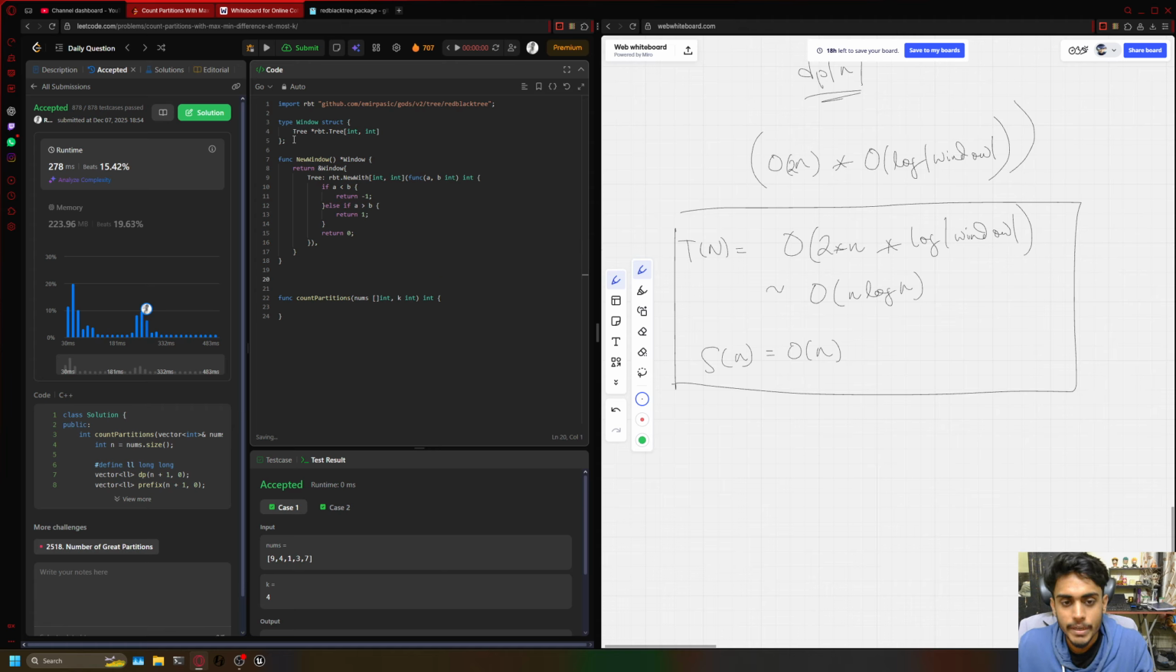Cool. Then two functionalities I'll be needing. That is, when I'm adding an element and incrementing its count. So for that I'll be creating a function. Let's call it handler. This will be my window. So pointed to my window, I will implement an add functionality which takes an integer, and it basically increases the count of that in my window. So I'll say count, and if this exists in my window, I'll be doing h dot tree dot get